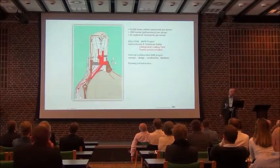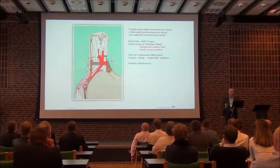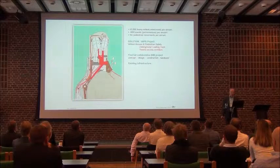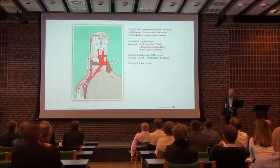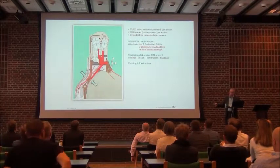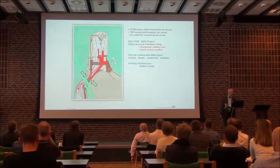50,000 vehicle movements per annum go across the site, 1,800 events and 8 million pedestrians. So it was a fairly large project ahead of us to solve the problem. The infrastructure at the time, as I said, is a 30-metre wide space down here. What we had coming in there was